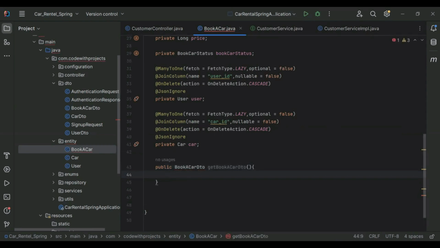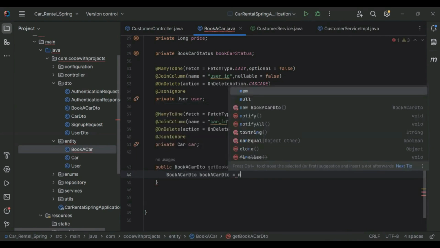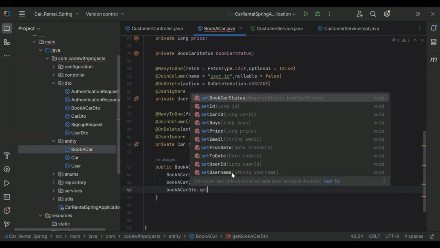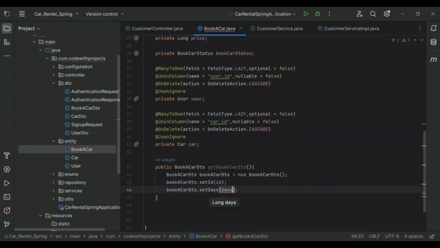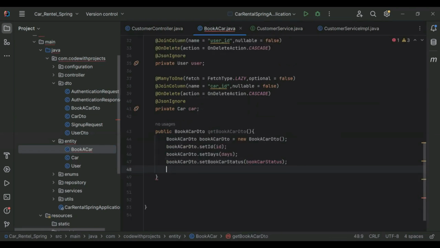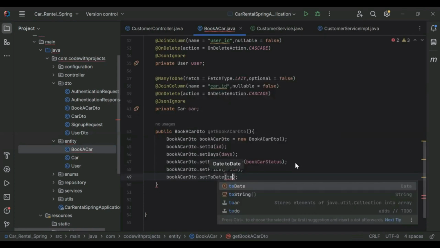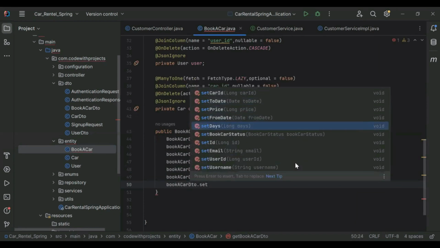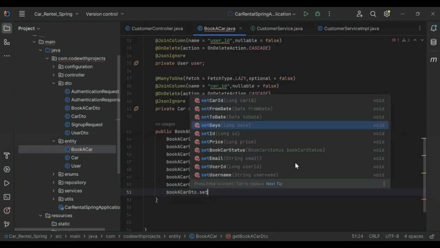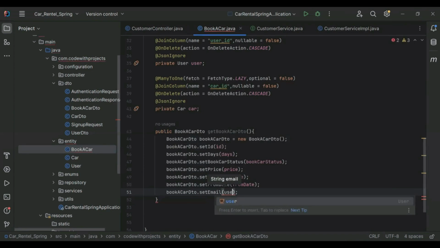And here I'm going to create an object of BookACarDTO, and it will be a new BookACarDTO. And here we need to call bookACarDTO.setId, and we need to give here ID, bookACarDTO.setDays, and we need to pass here days, bookACarDTO.setBookCarStatus, and we need to give here book car status, bookACarDTO.setPrice, and we need to give here price, bookACarDTO.setDueDate, and we need to pass here due date, bookACarDTO.setFromDate, and we need to pass here from date,